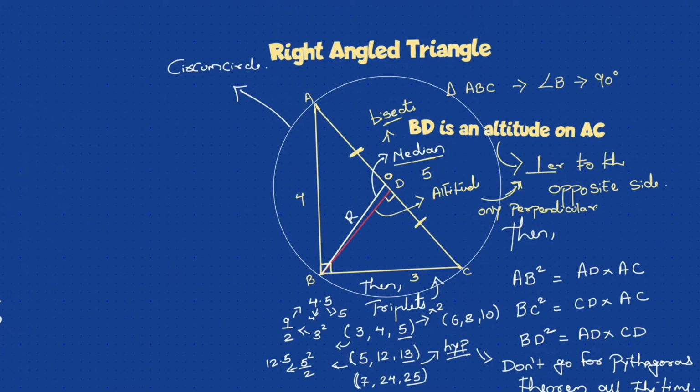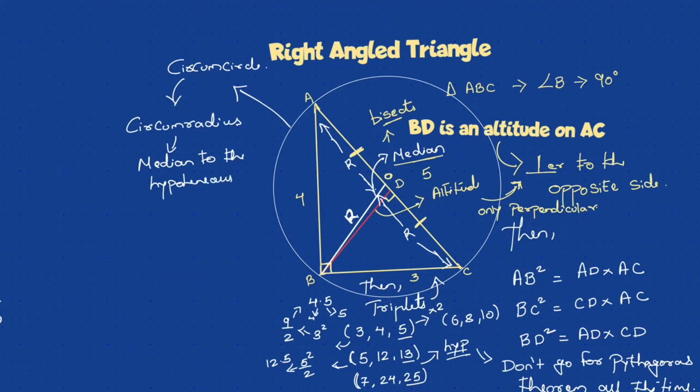So if a median is drawn, that will be your circumradius. If a circumcircle is drawn, that will be the circumradius, and that circumradius will always be equal to the two parts that are being divided. So R is equal to AO is equal to CO. That is one result that you have to remember here. If you draw a median in a right angle triangle, the circumradius is nothing but the median to the hypotenuse, which is BO, the white line, and that will also be equal to half of the hypotenuse. The hypotenuse is AC. Half of AC is nothing but AO. That is the result that you have to remember.